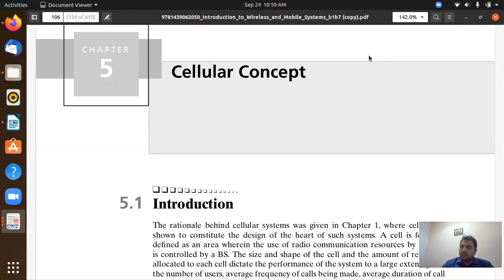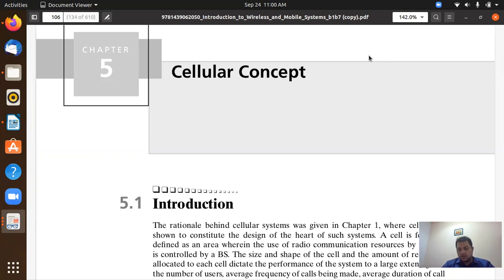In this lecture, I will discuss mobile communication systems. We'll start with this topic, and in this topic, the first concept is the cellular concept. As many of you are aware, the current mobile communication is based on the cellular concept,